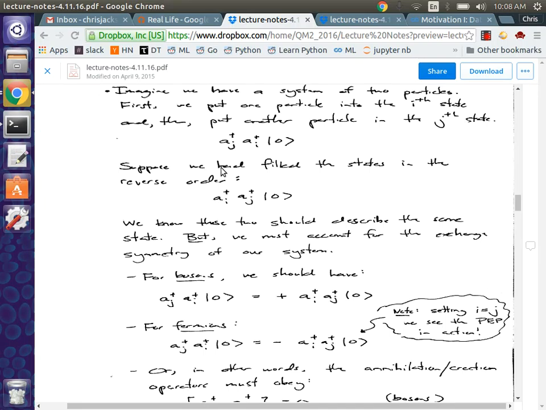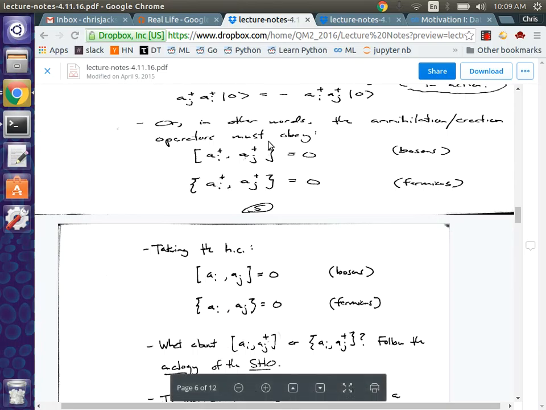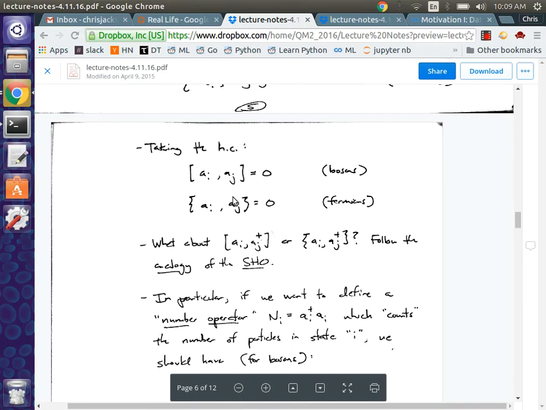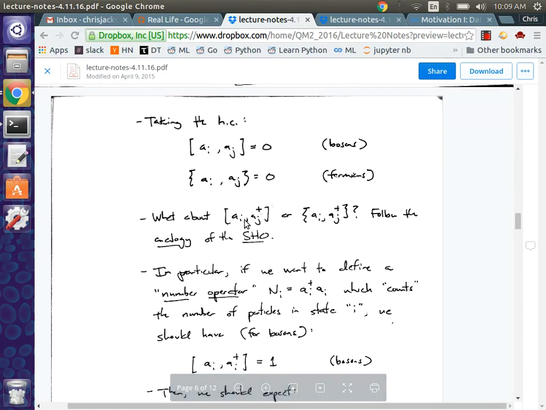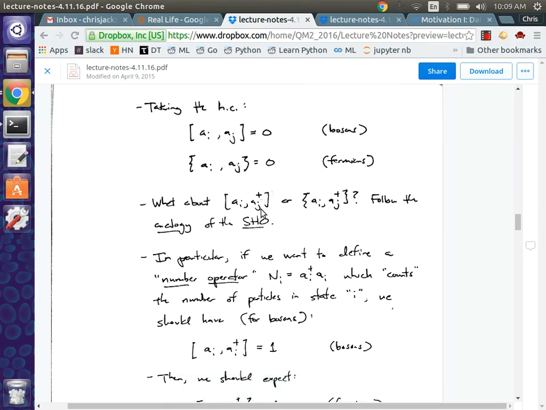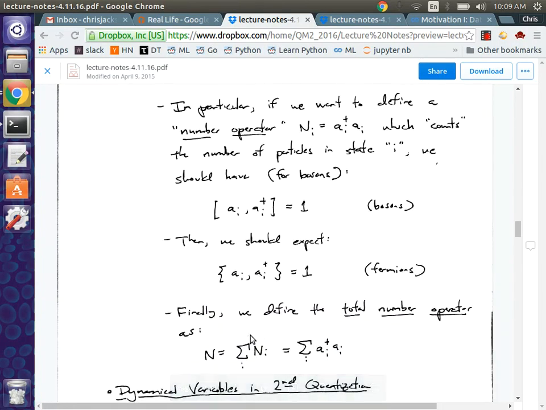So that's telling us that for bosons, these creation operators commute. They have a commutation relation. And for fermions, they anti-commute. So they have an anti-commutator relationship. Okay. And so you can take the Hermitian conjugate of this and show that the same applies for the annihilation operators. And then for the relationships between annihilation and creation operators, you can basically go back and look at what we did for the simple harmonic oscillator and show that for